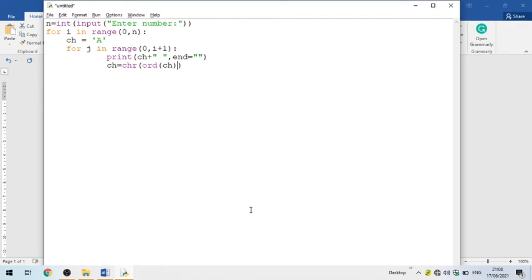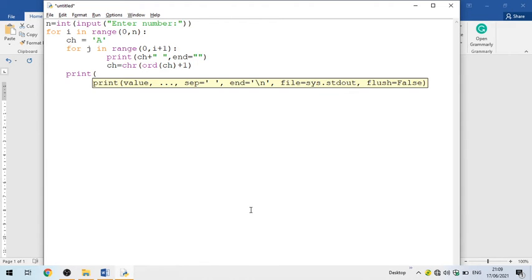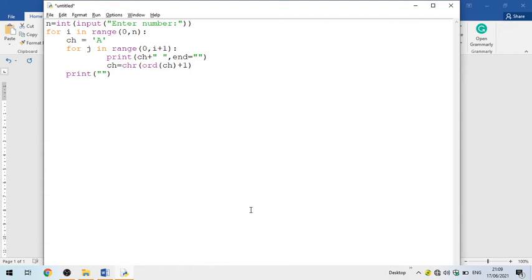Then you add 1 to this integer, then convert this integer again to a character and store it in the ch variable. Finally, go out of the loop, and here you print the next line. This is simply a new line.